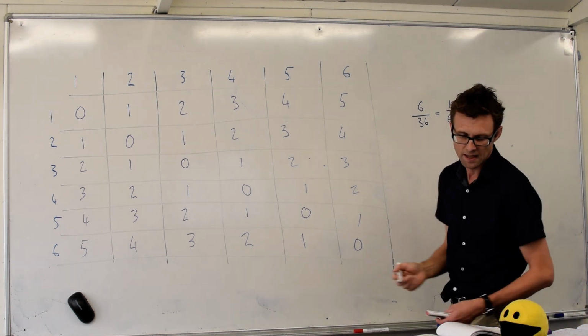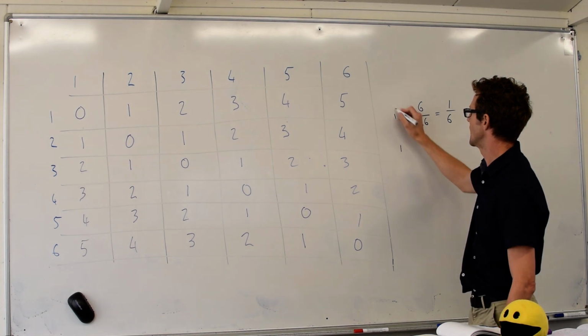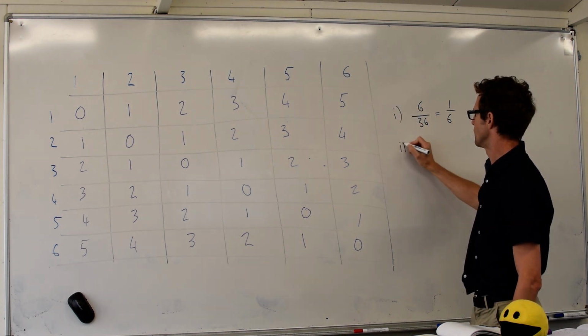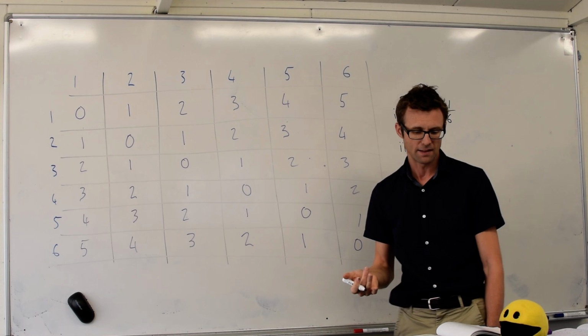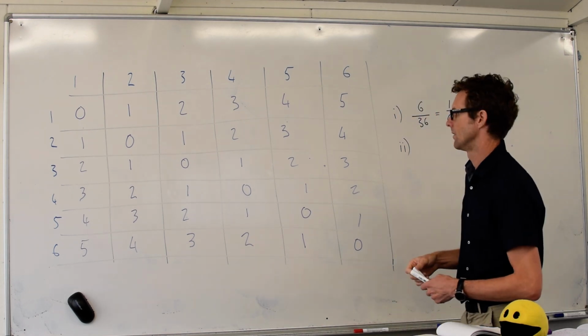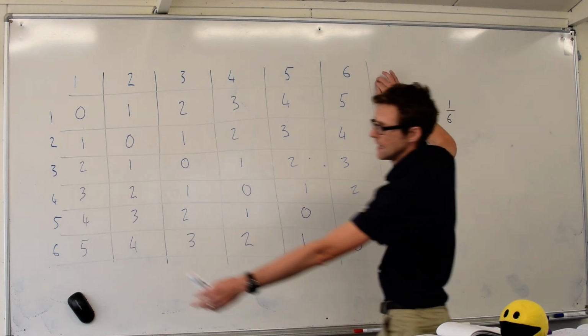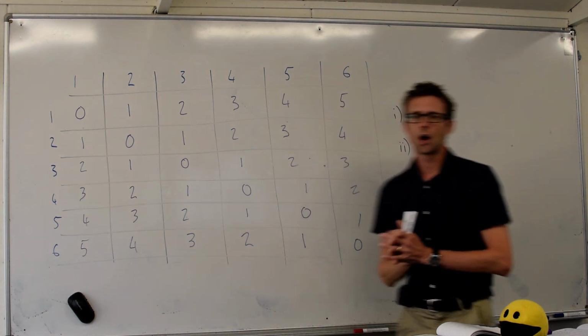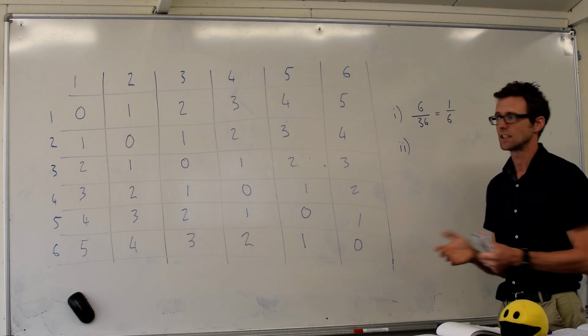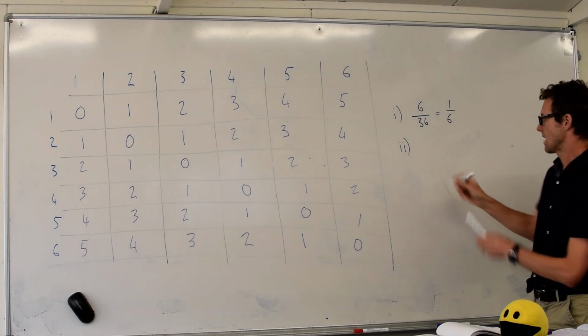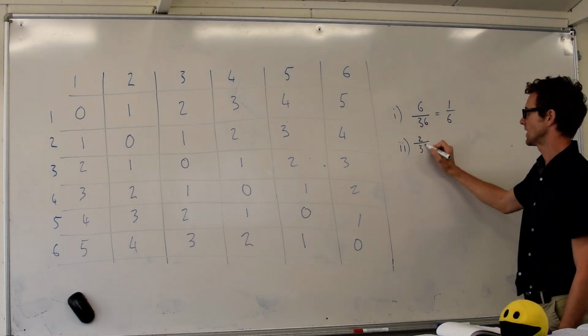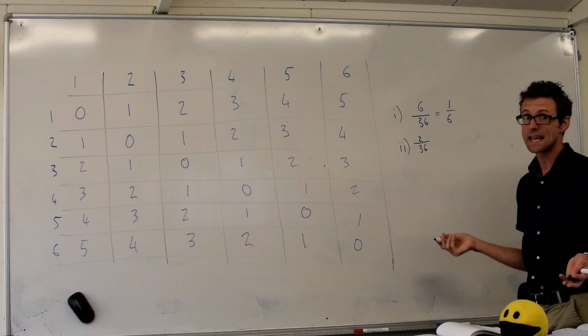Alright, now let's look at part ii. We are trying to figure out the probability that the score is going to be 5. Okay, so where do we have 5's on this diagram? Over here and over here. Those are the only places, and that kind of makes sense if you think about it. So we're going to have 2/36, and if we simplify that, it's going to be